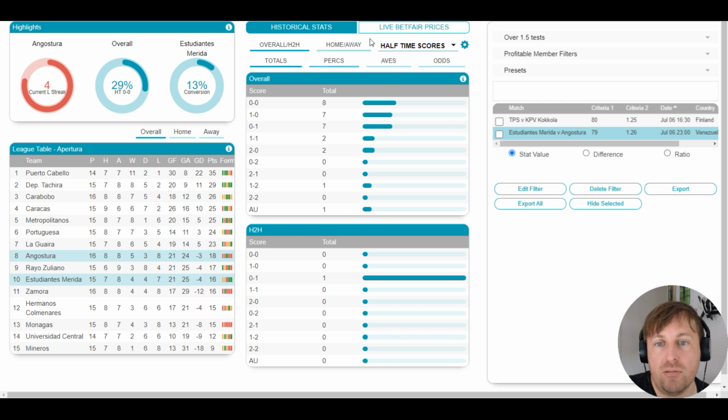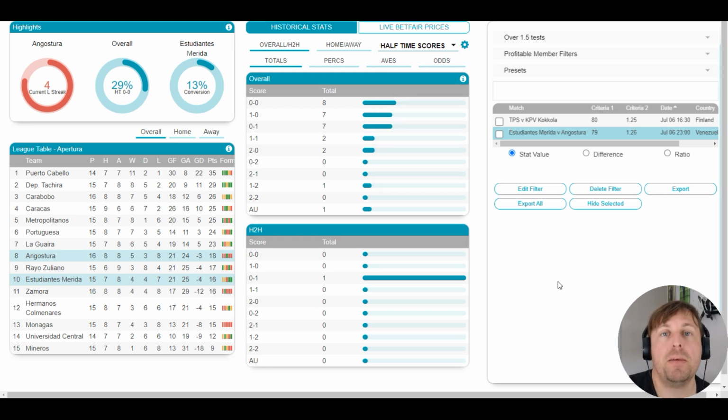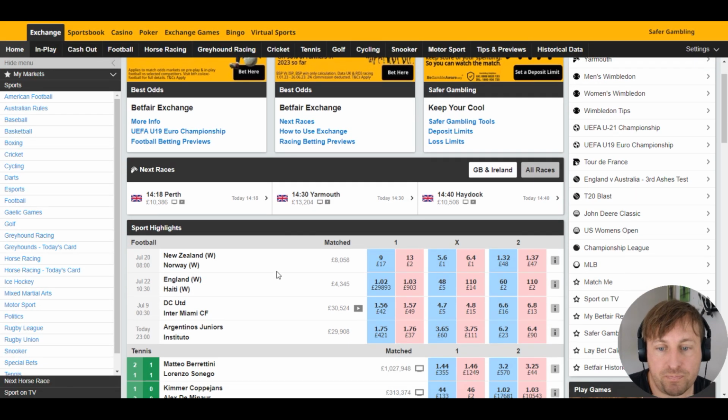But there's so much you can do with this, obviously. There's loads of different things. You can pick the over-unders, goal times, score conceded, and all that stuff, okay? But the point is, it gives you a focus and structure because, like I say, if you're a new Betfair trader, I think one of the big problems you have is, well, where do you start, right? If I've got so many markets,